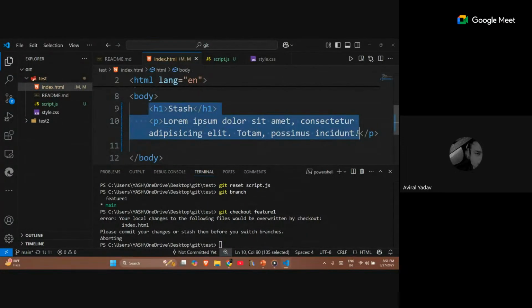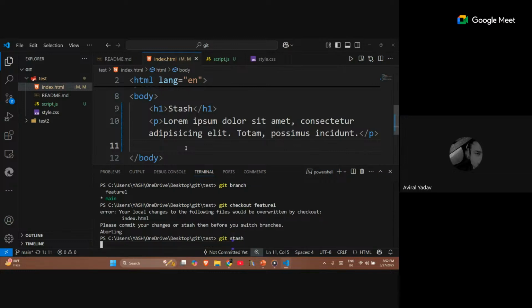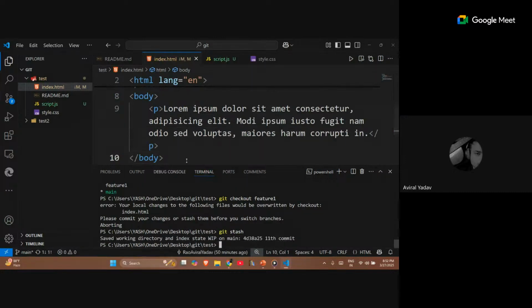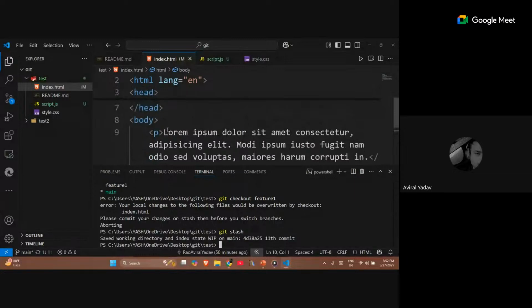All these changes I have made till now, I haven't done a single thing with them. If I switch branches from main to feature one, these unsaved changes will be aborted, that is, deleted. To stop this from happening, we use stash. We use git stash, and all the work that was earlier there is saved.